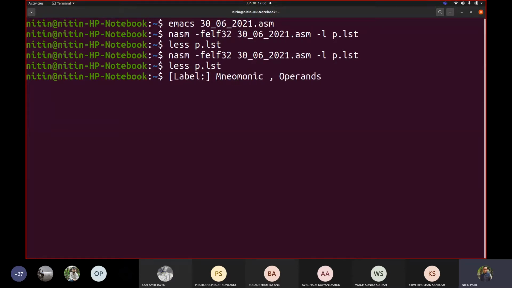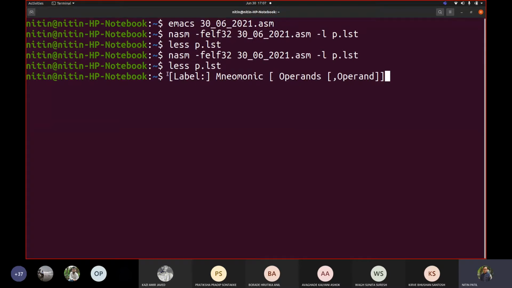So your instruction format would be like this: mnemonic, operand, with a comma, and here you can see an optional operand. For a few instructions this also would be optional. Some instructions would contain only a mnemonic, some may have only one operand. So this is operand 1, for example, and this is operand 2. At most right now we are seeing either 0 operands, 1 operand, or 2 operands.